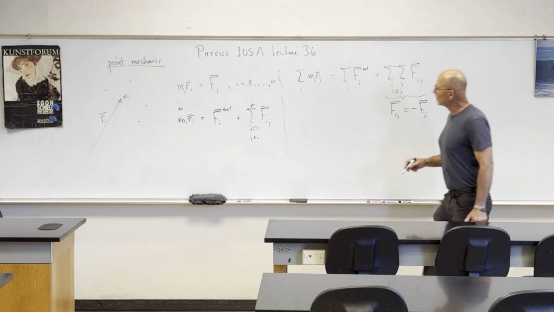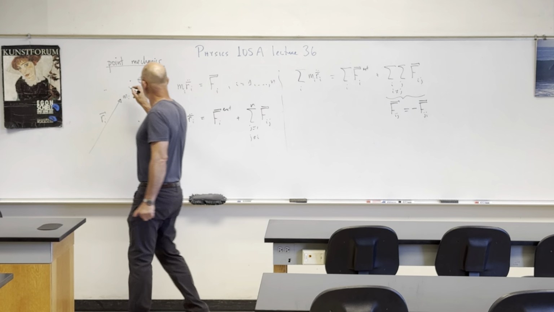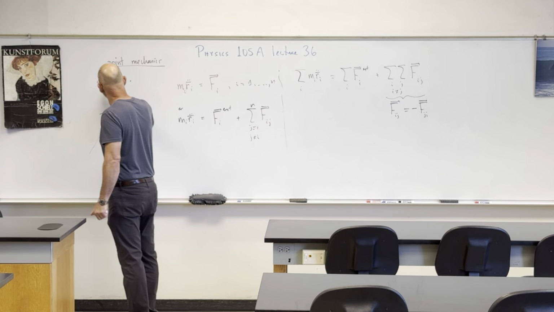So if we had two particles here, this is the m sub j right here, and the interaction force between the two, we're assuming goes like that, and they add up to 0. And because of that, this double sum equals 0,